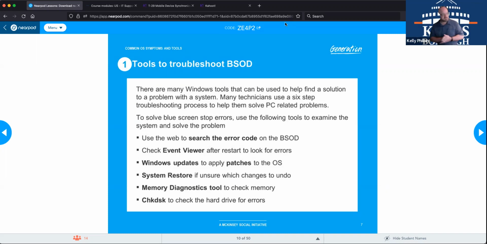Windows updates for patches. So say you've updated to Windows 11 and you think it's really awesome, but about 2 days after you get it, things start crashing left and right. But luckily you go to the Windows website and they say, hey, there was an error in some of the code causing repetitive crashes. Here's a patch to fix it. So you can go out there, download that patch, update it, and should solve the majority of the issues with